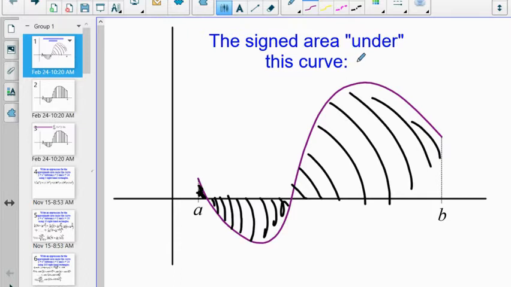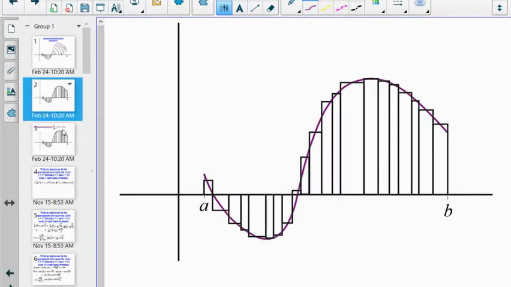When I say the signed area under the curve, I may be referring to an area that ends up being negative. And when we look at velocity telling us something about position, if my velocity is negative, if I'm moving backwards, I want to account for that. If I don't want to account for that, I could do the absolute value and make this function positive and then find the area literally under the curve. But when we're doing these rectangular approximations like you did in the homework that was due on, well, I guess earlier today on Monday, or yesterday if you're watching this Tuesday,